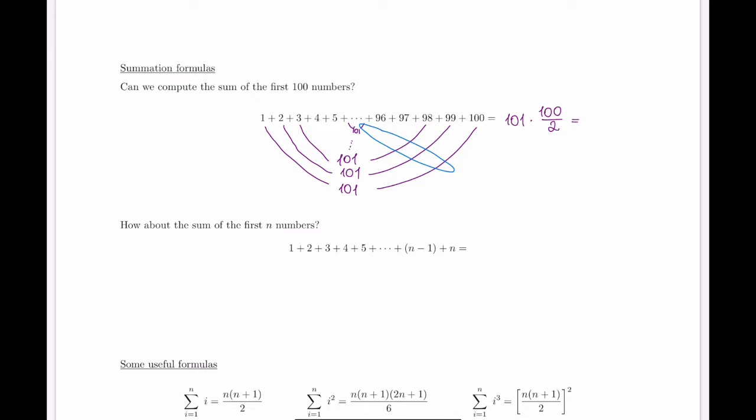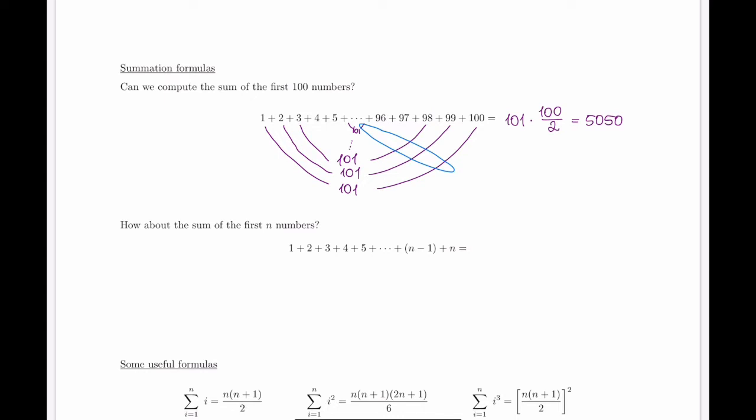And now, instead of adding 100 numbers in a row, all I have to do is multiply two numbers. 101 times 50 is 5,050. This problem is famous because there is a legend that goes with it that Gauss, a famous